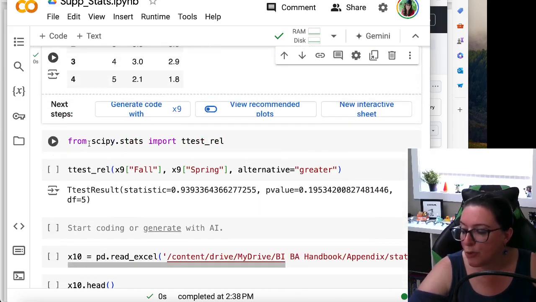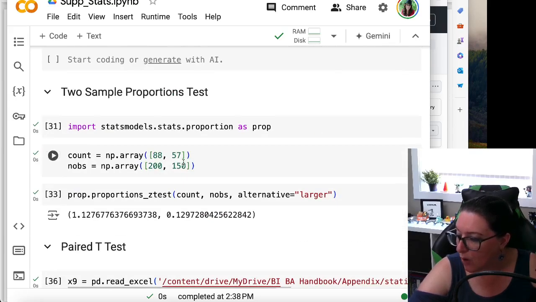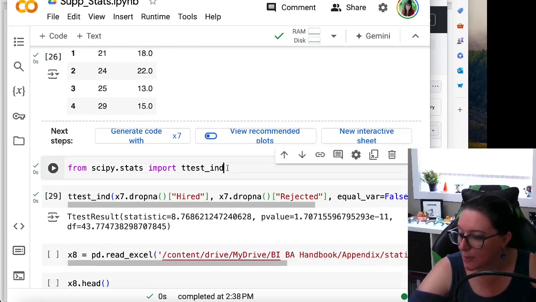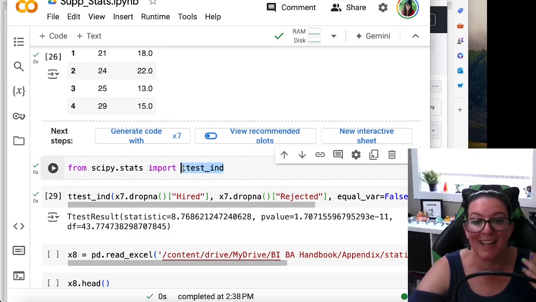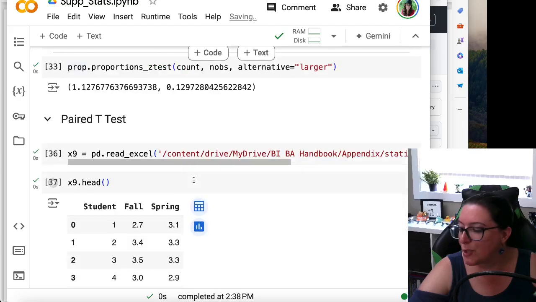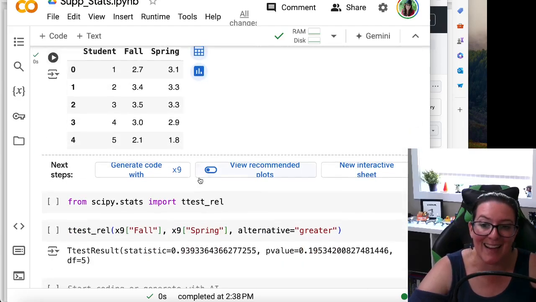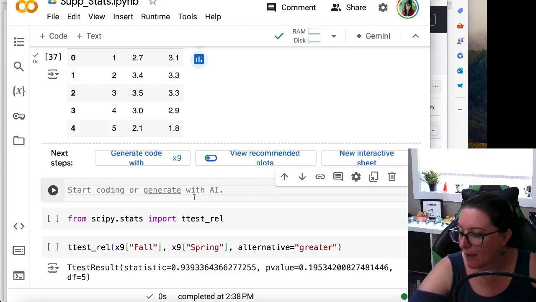We are going to, from scipy.stats, import something called ttest_rel. This is going to give us the dependent t-test. So recall that in the previous ones, it was ttest_ind for independent. Now we're doing a t-test where they are related. And so the command is